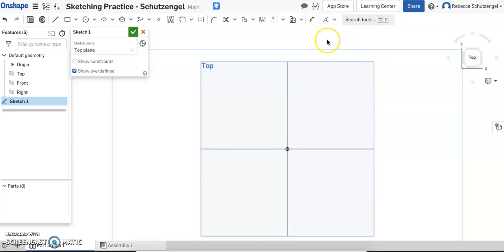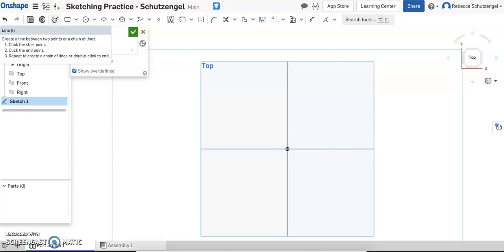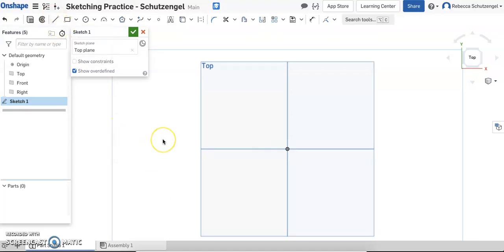So first of all, I'm going to start by drawing a line, and of course I can do that by clicking over here for line. But notice how when I hover over it, it also says L in parentheses. So L is the keyboard shortcut to start a line. So instead of actually clicking there, I'm just going to press L on my keyboard, and you can see that it's now selected. I'm going to start my line at the origin here,